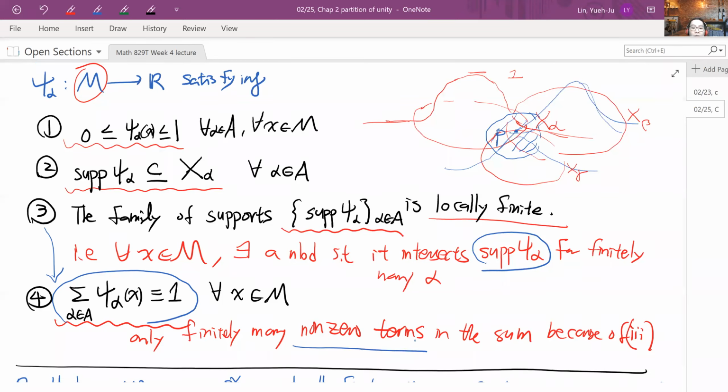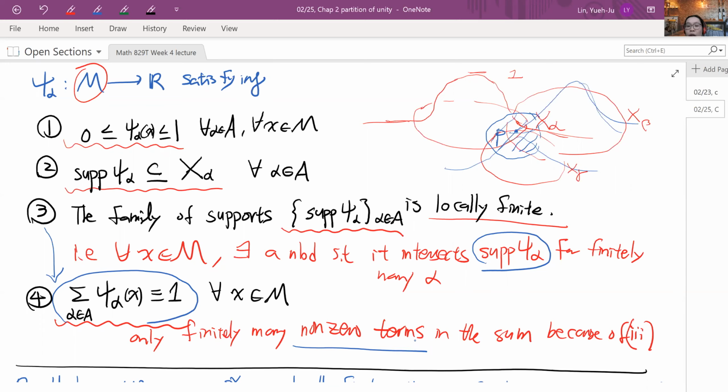For example, I'm just making up, you might have psi 5 up to psi infinity, and they are all 0 at one point, but only finitely many of them are non-zero, between 0 and 1. So when you add up those things, it's going to be a finite sum anyway. Even though you might have infinitely many functions in the family, around each point you're going to see only finitely many non-zero terms. That's the beauty of the